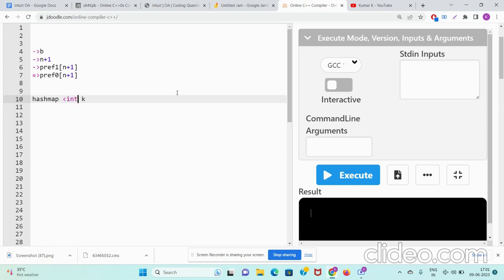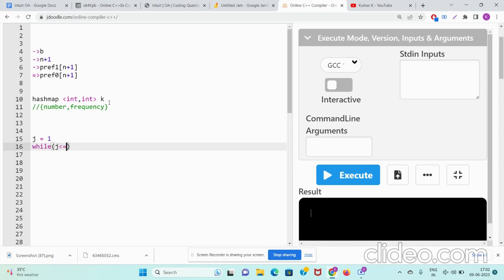Okay, the left, hash map K. The left value is an integer and the right value will also be an integer. Left will be storing the number, right will be storing the frequency. So the pair will be number comma frequency. Okay, so all I need to do, guys, is say I start iterating from j equal to 1